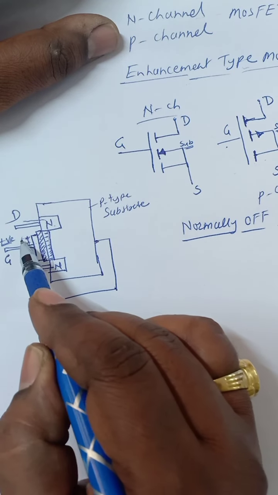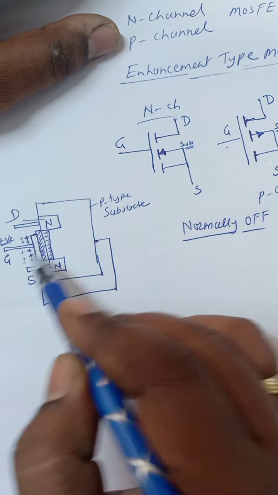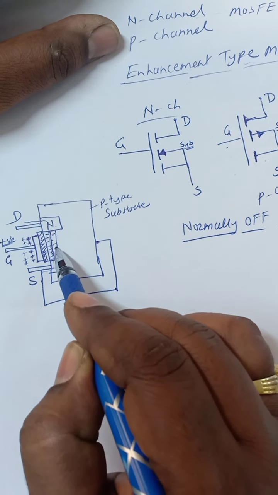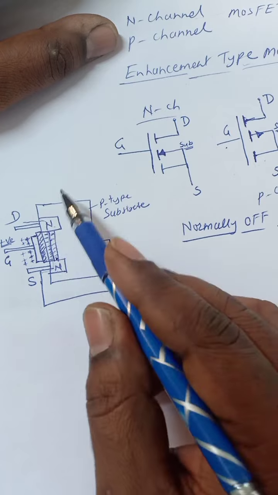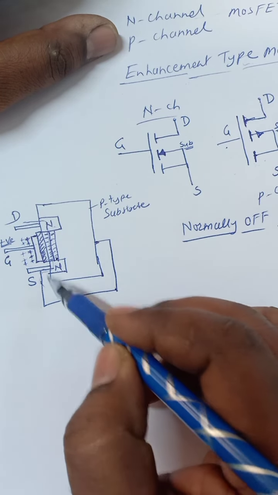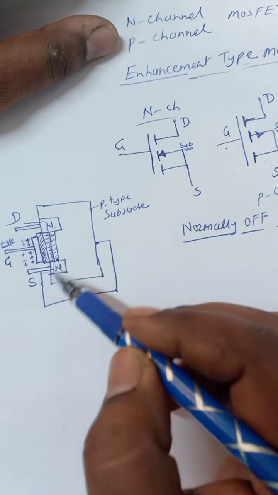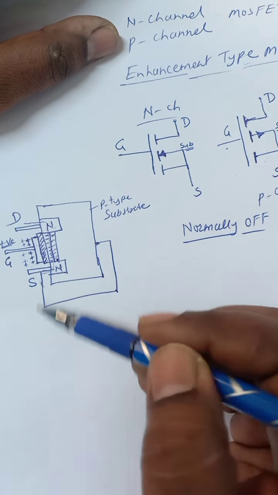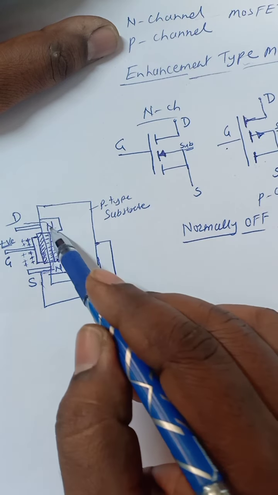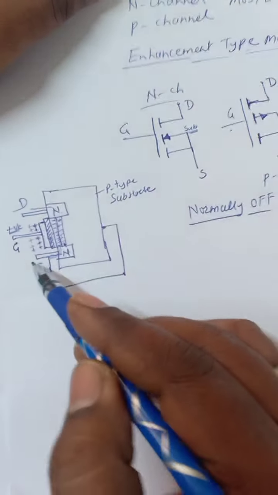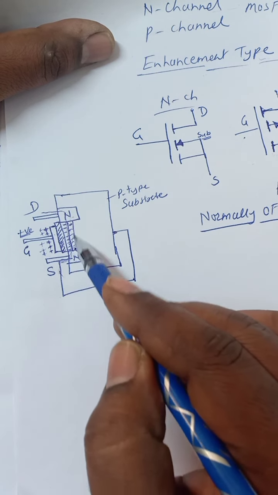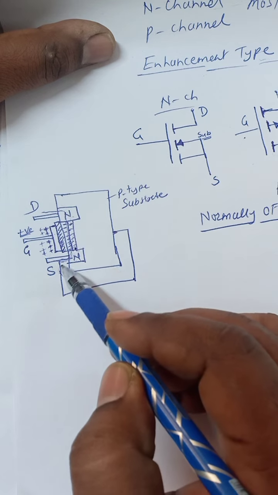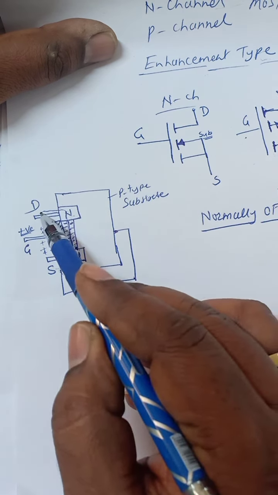As we increase the potential, the inversion layer increases. Okay, as the inversion layer increases, more electrons flow. That means there is more drain current. So a large number of electrons flow through this channel. As we increase the potential, more and more electrons are collected. Here the inversion layer gets wider, and more electrons will flow.